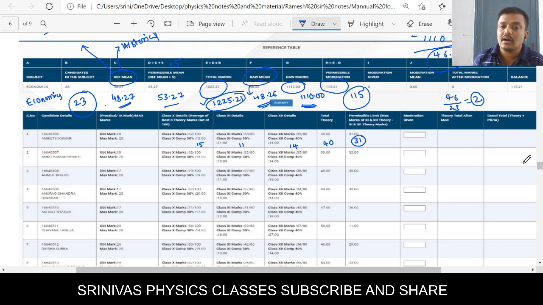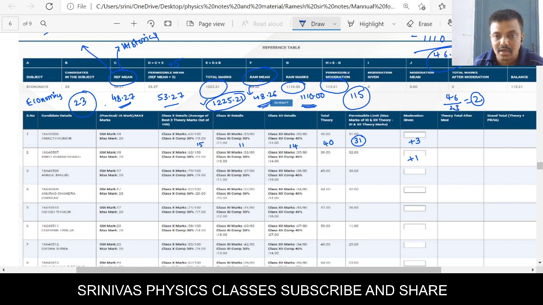You have to add the 46 marks for the 23 students. If you add 46 marks, for each one you can add 2 marks. Or otherwise, if you feel a student is good, then you may increase by 3, and for another student you may increase by 1.